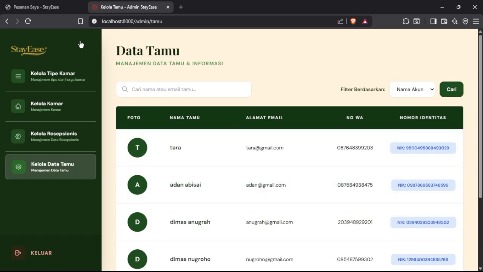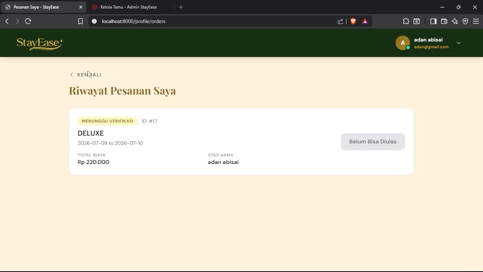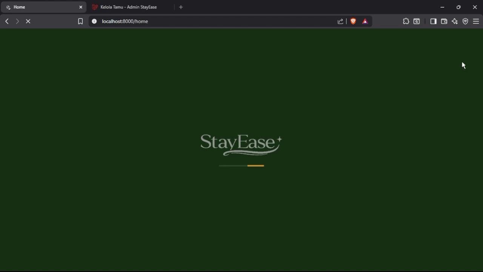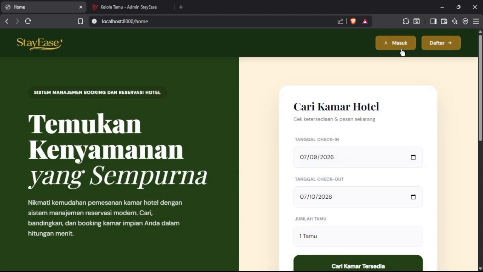For the last, the guest can give a rating for the room.